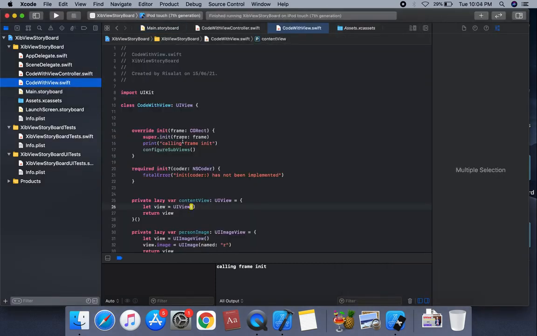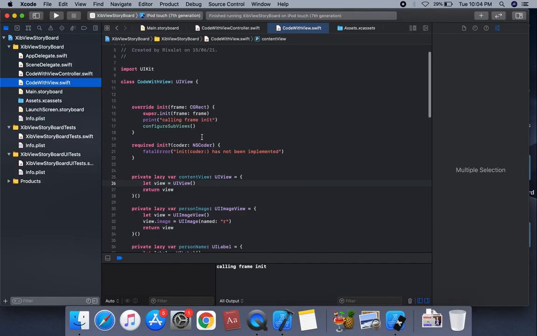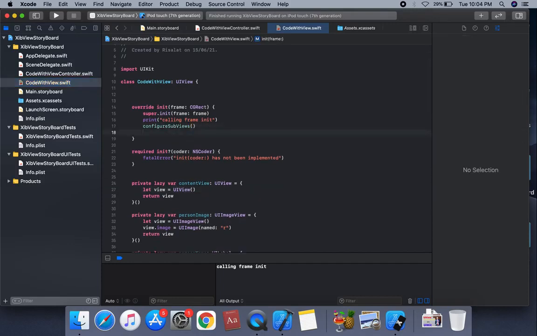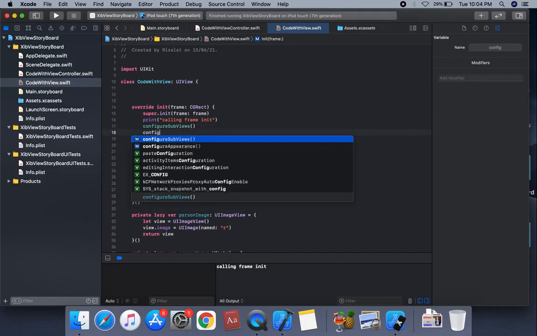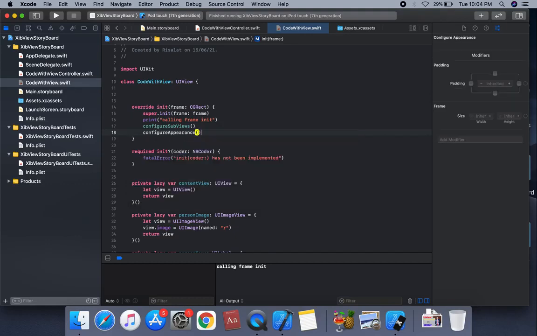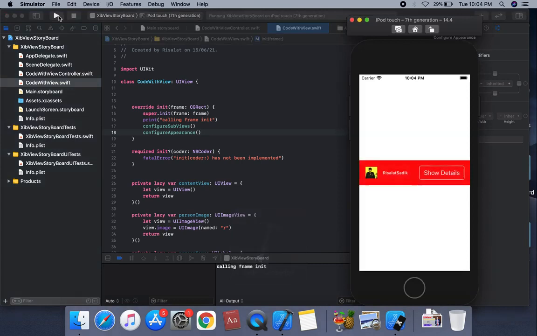We're gonna apply this background color. Suppose the appearance is not called, configure appearance, command, and we can call this configureAppearance method. So this is configureAppearance called in this initializer. So this is the image and show details buttons, and name is owner, and this is the image.